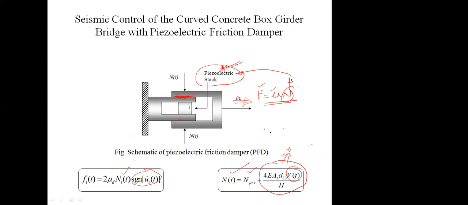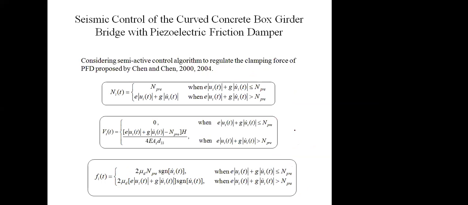So this actually depends on various parameters. The first parameter is N pre, which we can change from less to maximum, meaning 100 kilonewton to 2000 kilonewton, as per our requirement. Then other parameters are the voltage input. Then N pre is calculated by using voltage division at the different nodes. It totally depends on four parameters: coefficient of friction, N pre, voltage input, as well as the gain factor G, which will give you the optimum value for your structure.